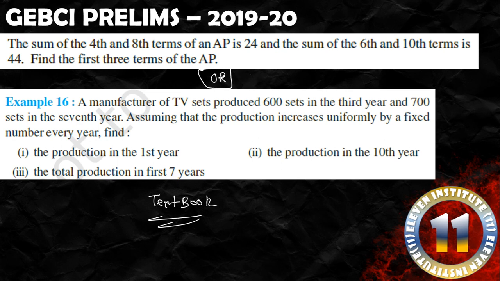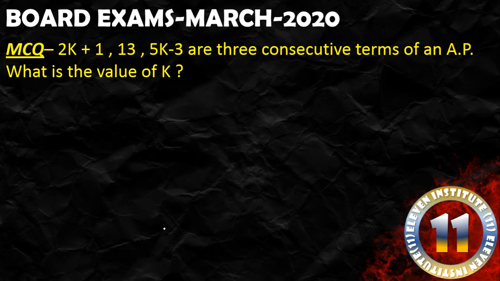The above question, you can see, the sum of 4th and 8th terms. We can get 2 equations and then find the first 3 terms of AP. So both of them are textbook questions. We have already solved them. Right? You have to just note these questions in your book. Let us move ahead and now see the questions asked in board exams. And yes, I like this type of questions. Now if you can see an entirely different scenario.